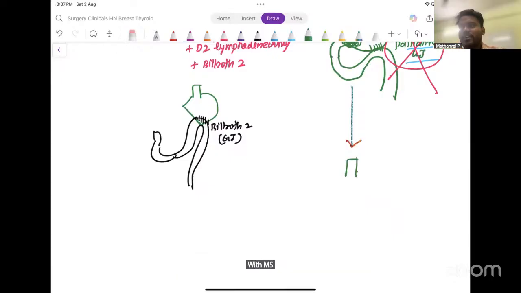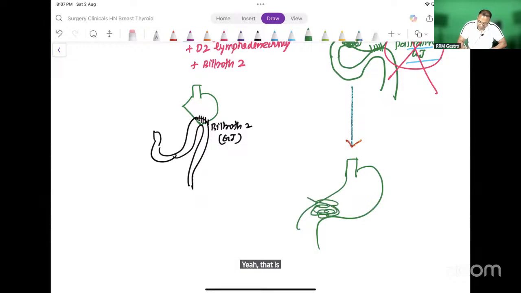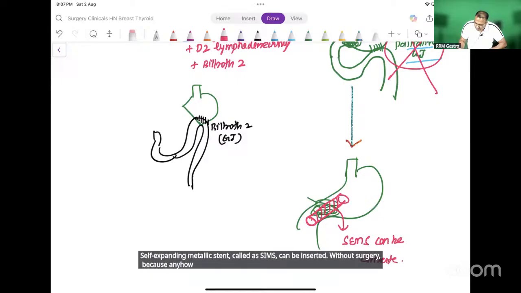We can place a stent. Self-expanding metallic stent. Yeah, that is the latest procedure. You can put a stent in this place like this. A self-expanding metallic stent, called SEMS, can be inserted without surgery, because anyhow an inoperable case is going to live